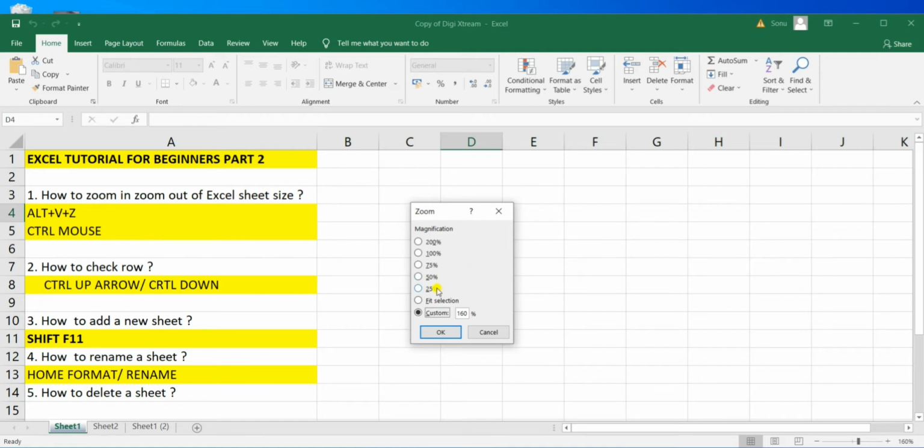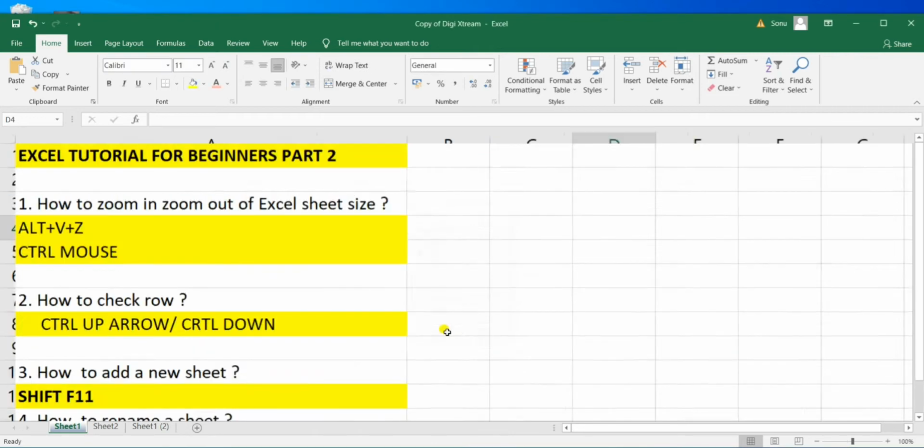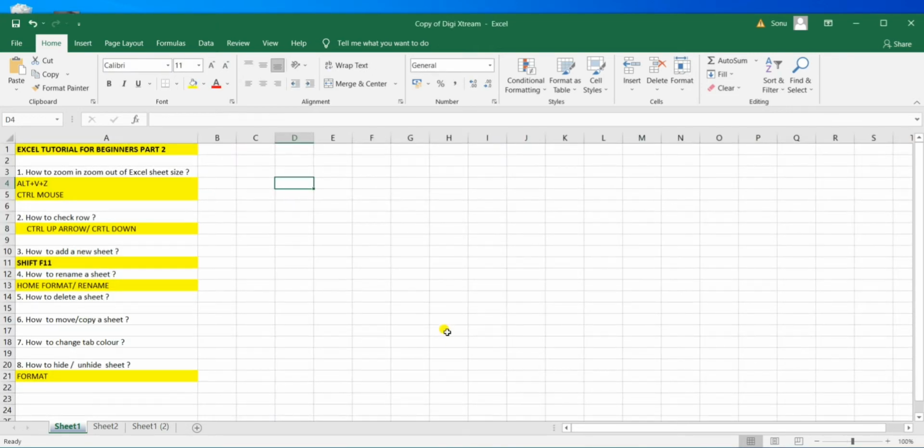See, now there is a dialog box where you can see we can change the sheet size to 100%, 75%. So according to your requirement, you can increase your size, and you also have an option of customize. So let me try to make it 100%. So it gets smaller. All right. Now let's try to increase the size again.